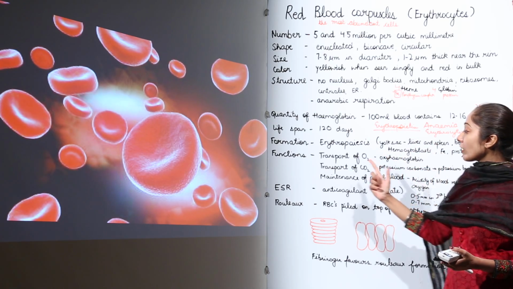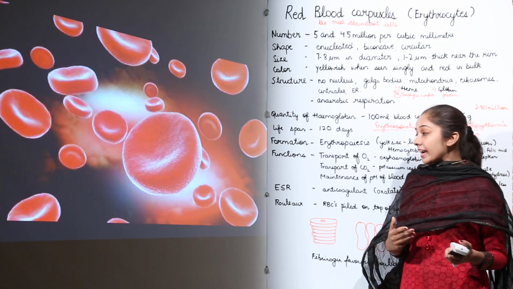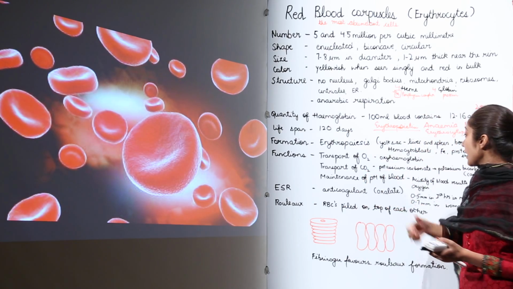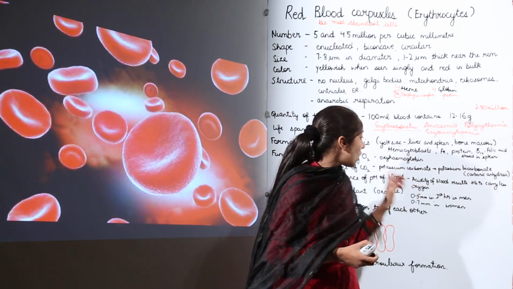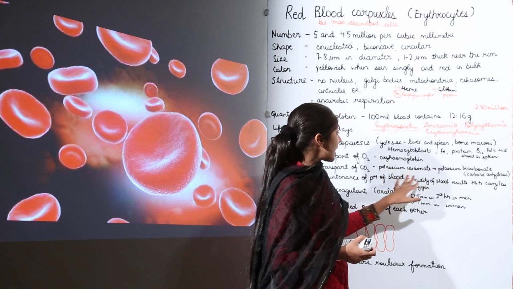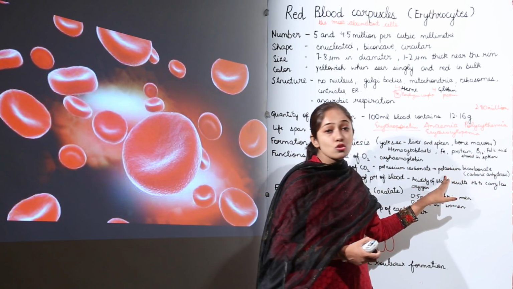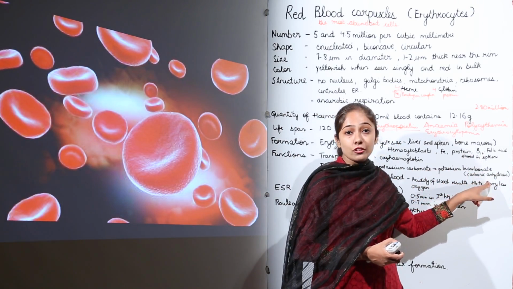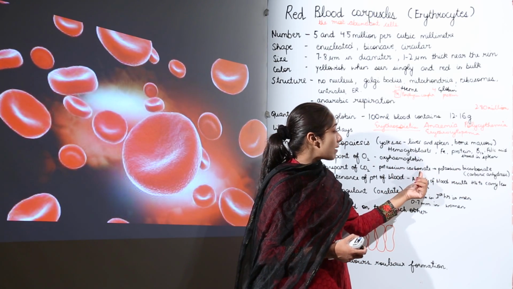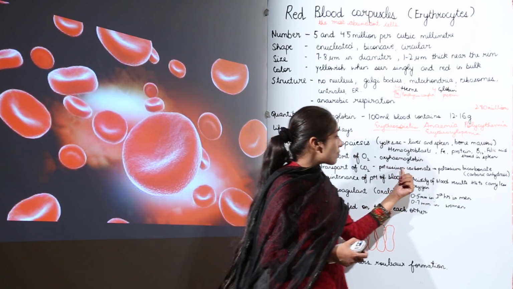Then let's talk about transport of carbon dioxide. Now hemoglobin also combines with carbon dioxide, okay. The red blood corpuscles have potassium carbonate, and the potassium carbonate forms potassium bicarbonate in the presence of the enzyme carbonic anhydrase. Potassium carbonate combines with what? The carbon dioxide, and forms what?